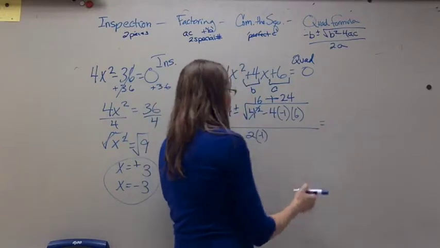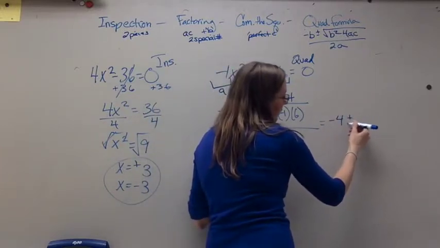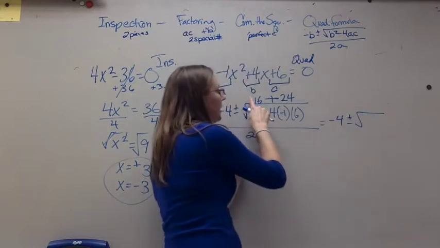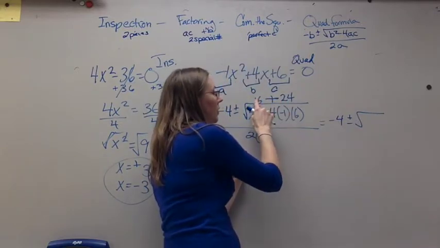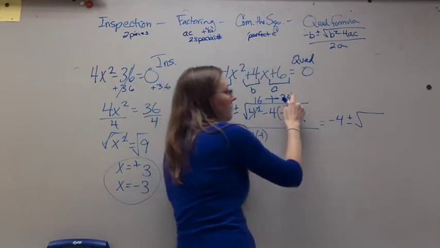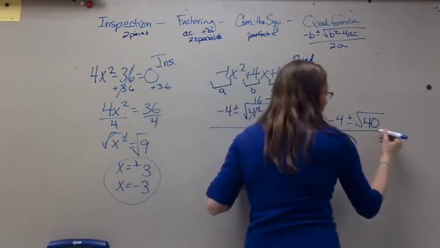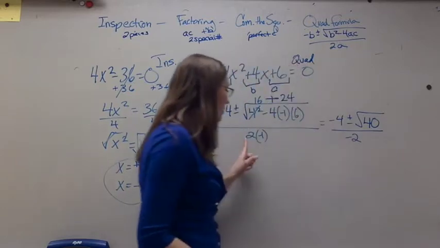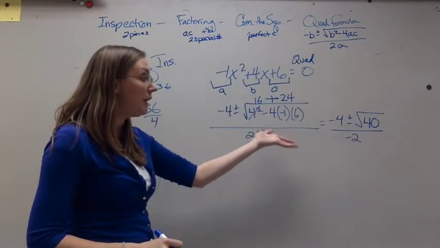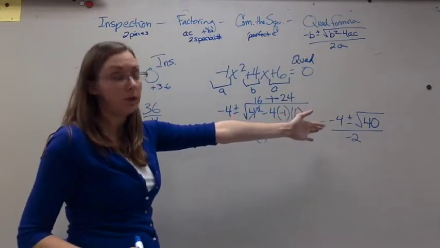So now this can be simplified to -4 plus or minus the square root of 16 plus 24, which is 40, all over -2. Okay, 2 times -1. Now this piece, there's no i because there's no negative under my square root sign, but